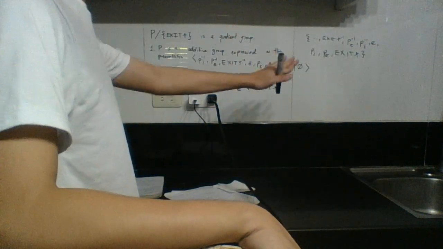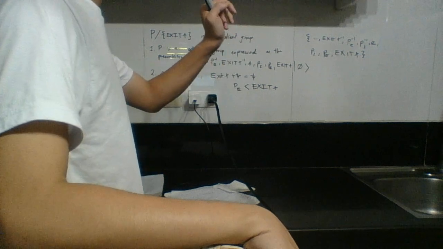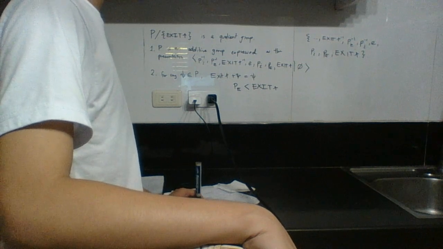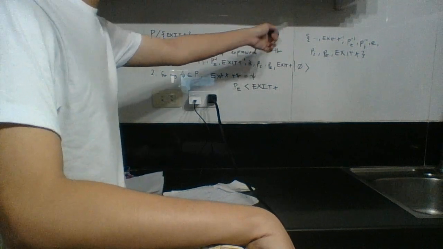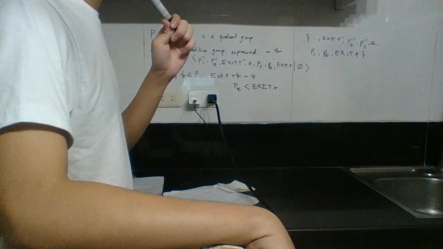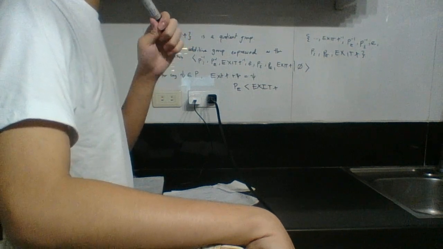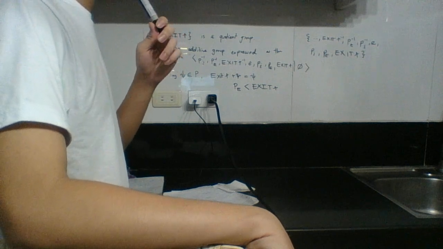What else? P sub E is less than exit up arrow. Now, I claim this because, of course, over here, P sub E is the element right below exit up arrow. So if I want to say that this set has a bijection with, let's say, the first six integers, negative and positive,